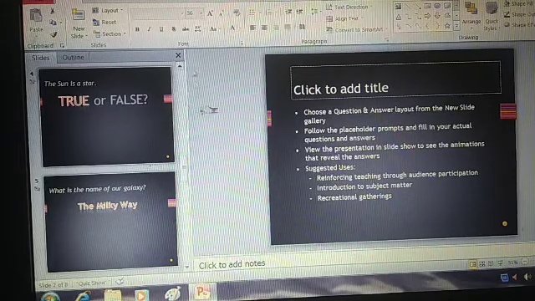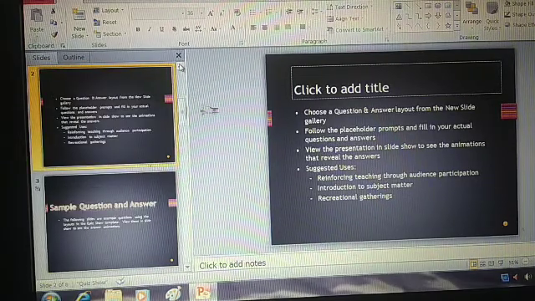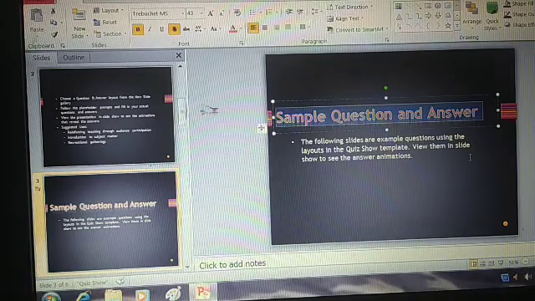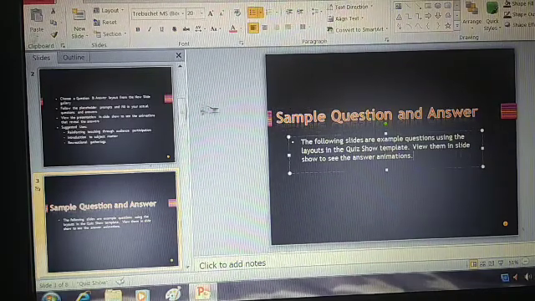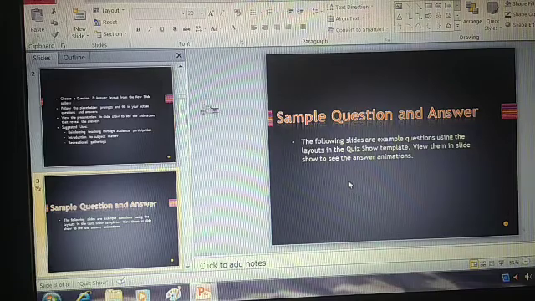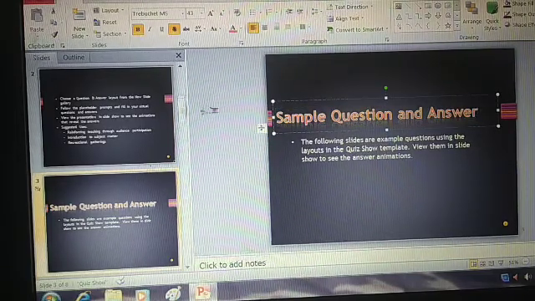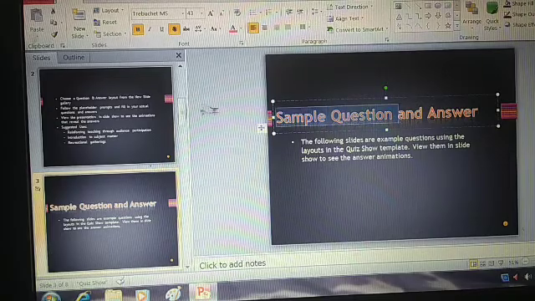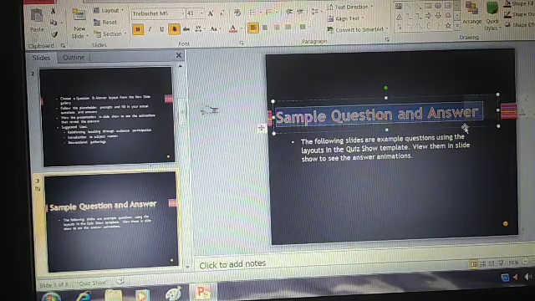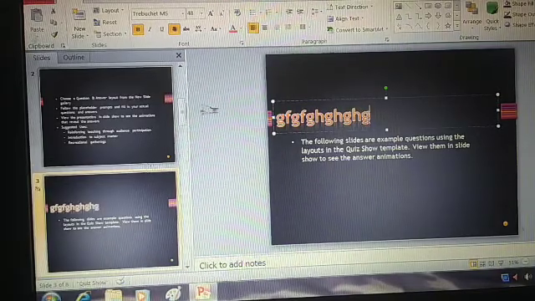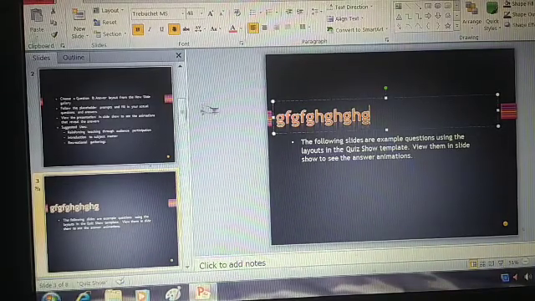So if you want to change the question, here a sample question and answer is given. Means content you can change according to your requirement. Clear? See, select, delete and start typing whatever you want. See this text, it is already formatted.